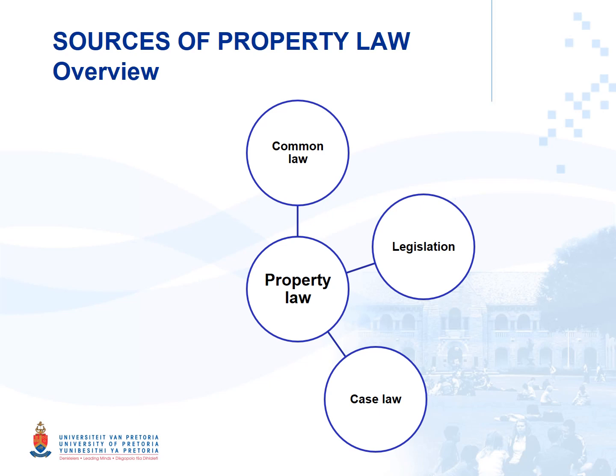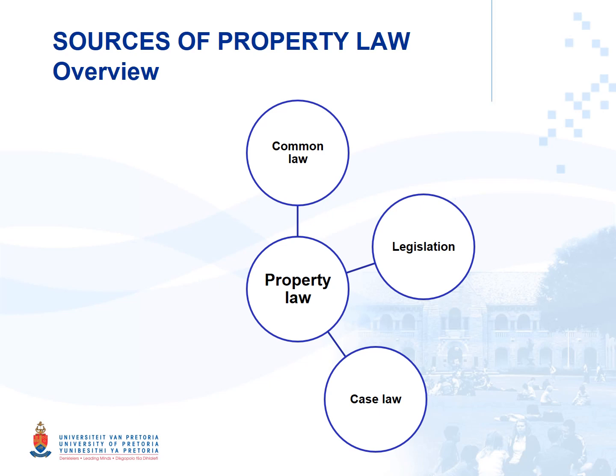In other words, courts are ordinarily called to provide interpretations of rights and entitlements over property. And many times we see that the court's interpretations then become authority for the ambit of a certain entitlement or